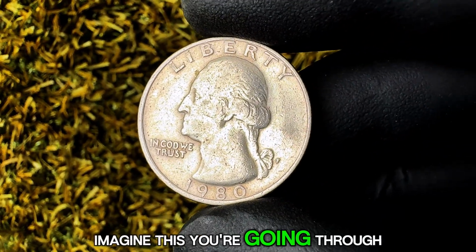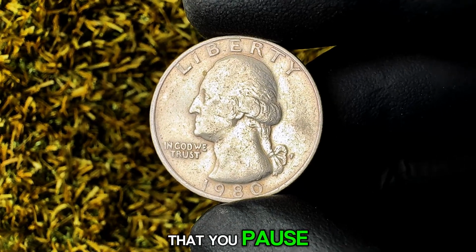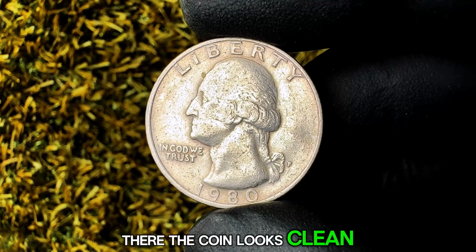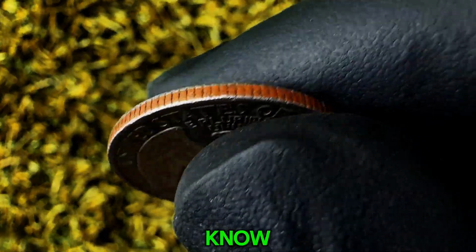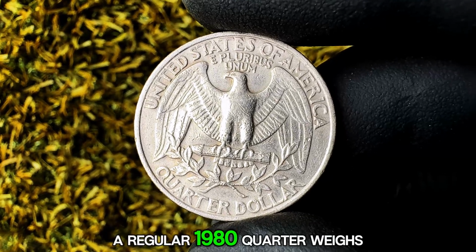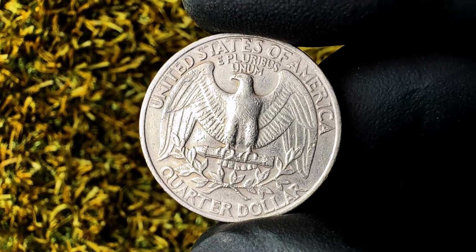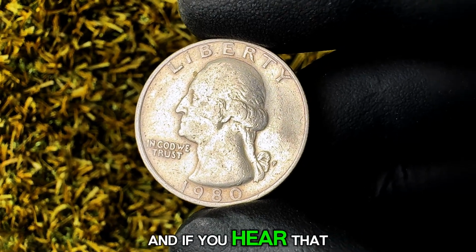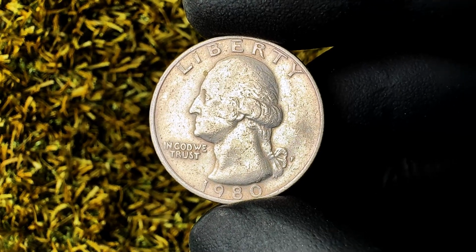Imagine this: you're going through your coin jar, flipping through quarters dated 1980. You pause. The P mint mark is there. The coin looks clean. A bit shinier than most. Could it be? There's only one way to know. Have it tested. Use a precise coin scale. A regular 1980 quarter weighs about 5.67 grams, but this silver one, closer to 6.25 grams, the standard for silver coins. And if you hear that high-pitched ring when dropped on a hard surface, that's not just a sound. It's the whisper of a